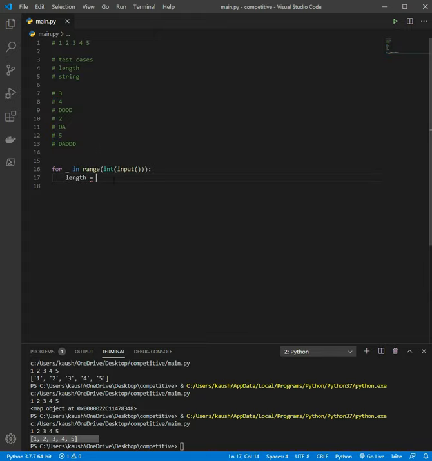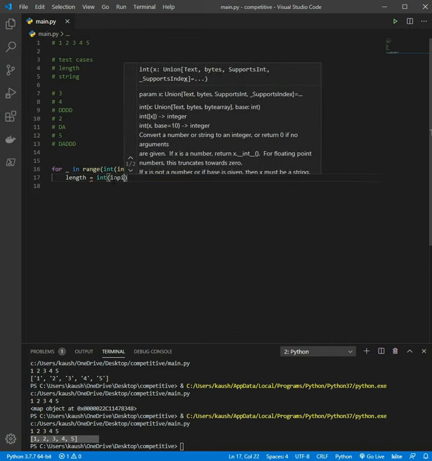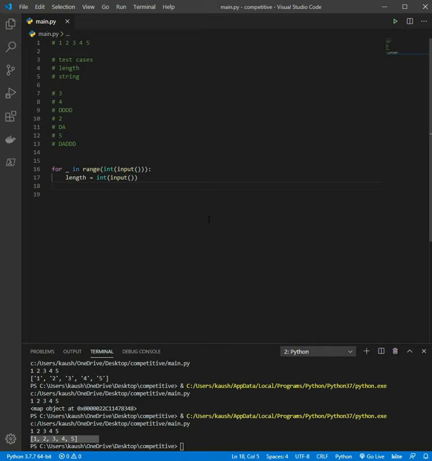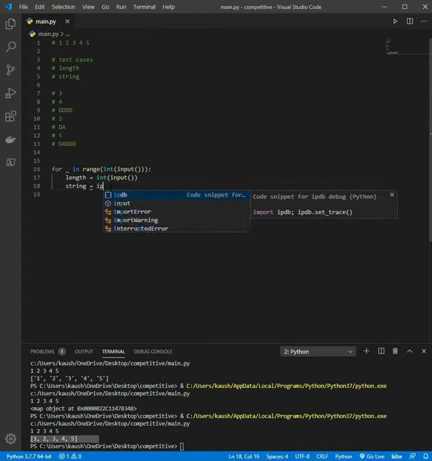For the length, of course it is still the same input, as this is just one single value. But now, as you know, the third is the string itself, because the tag given for it is string. So let's use string is equal to, as this is just a single value, I can use input as it is.